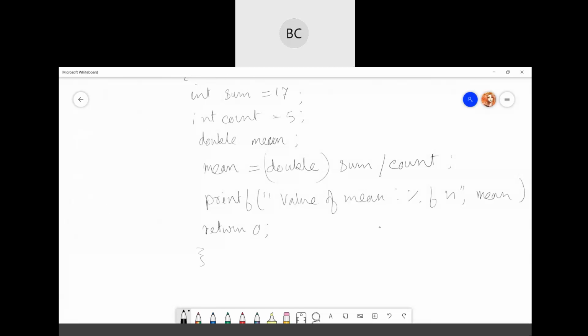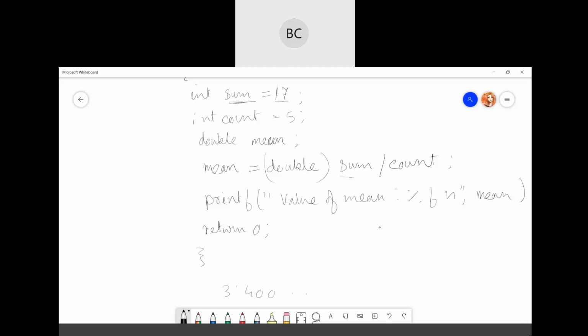So if you compile this program, the value of the mean will be 3.400 and so on. Okay. Here, the typecast operator has higher precedence over the division. So the value of sum is first converted to type double. Here I have mentioned the double, right, for the sum part. See, your sum is an int here, correct? Sum is just 17 here, which is an integer value.